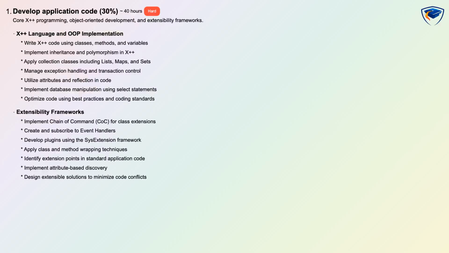Develop application code is 30% of the exam and is rated hard with about 40 hours of study recommended and conceptual plus scenario-based assessment. You will learn core X++ programming and object-oriented development, including writing classes, methods, inheritance, polymorphism, and using lists, maps, and sets. The domain also covers exception handling, transaction control, attributes and reflection, database manipulation with select statements, and code optimization best